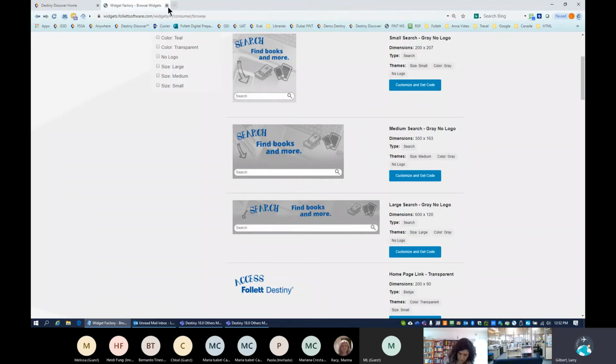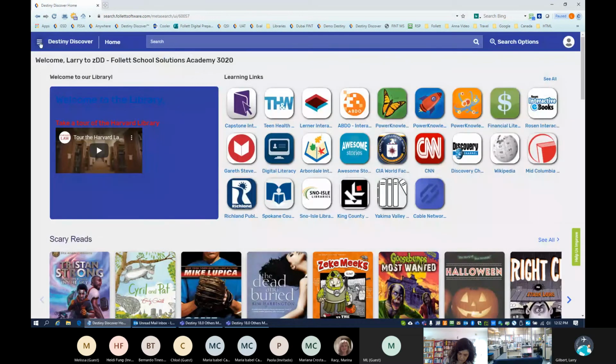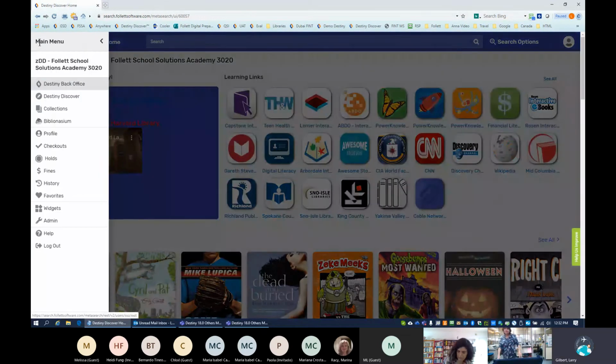So I'll close this. All right, the other part that we're going to look at is collections. If you have not tried collections, you can do anything you want with it and won't hurt a thing, won't change a thing. Nobody will see what you do because they can all remain private. But we do suggest you use it. This is kind of like the resource list concept that was in the Classic. So when I go to collections,